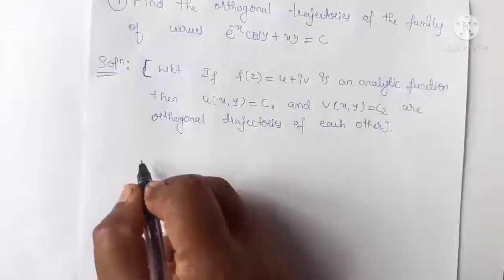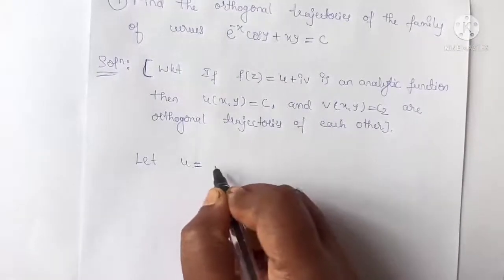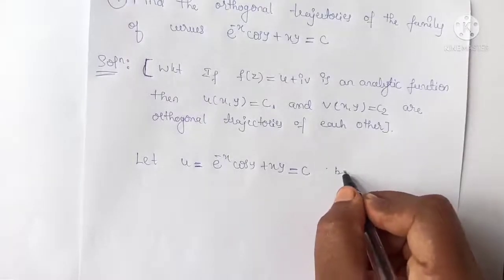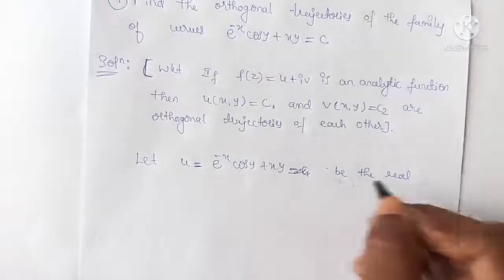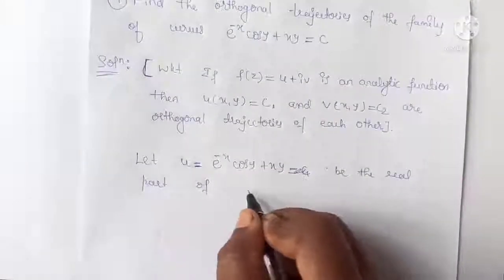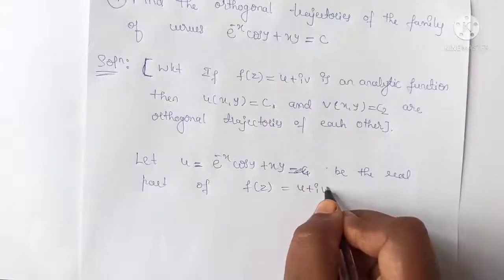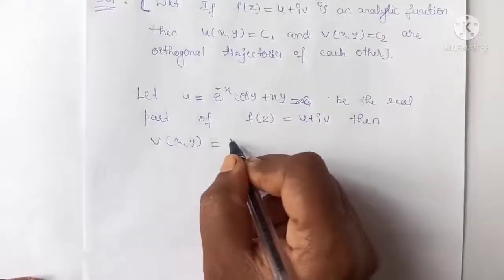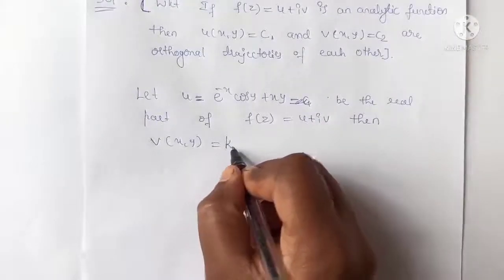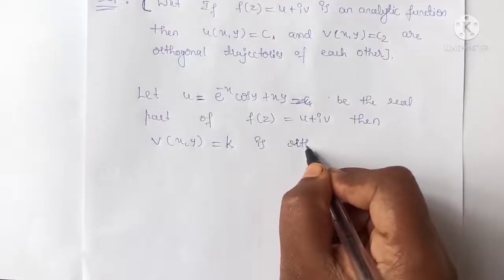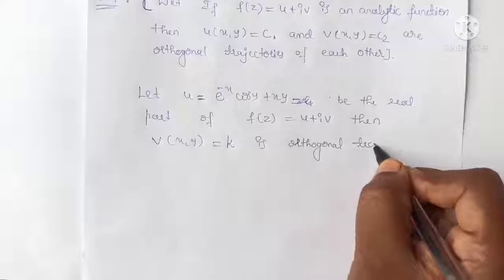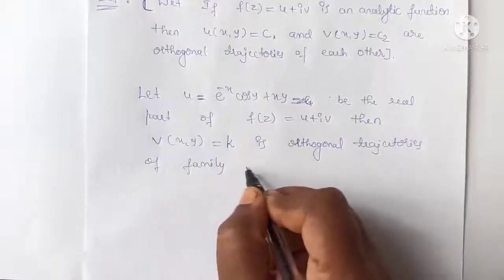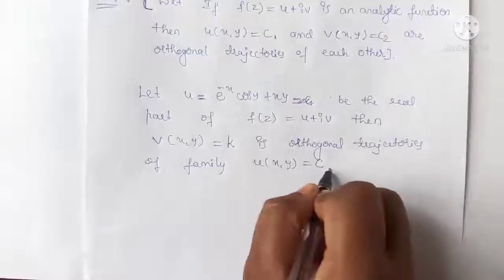So therefore solution, let u equals e^(-x) cos y plus xy equals c be the real part of f(z) equals u plus iv, then v(x,y) equals, you take any other constant, say for example k, is the orthogonal trajectory of the family of u(x,y) equals c. Okay, so now